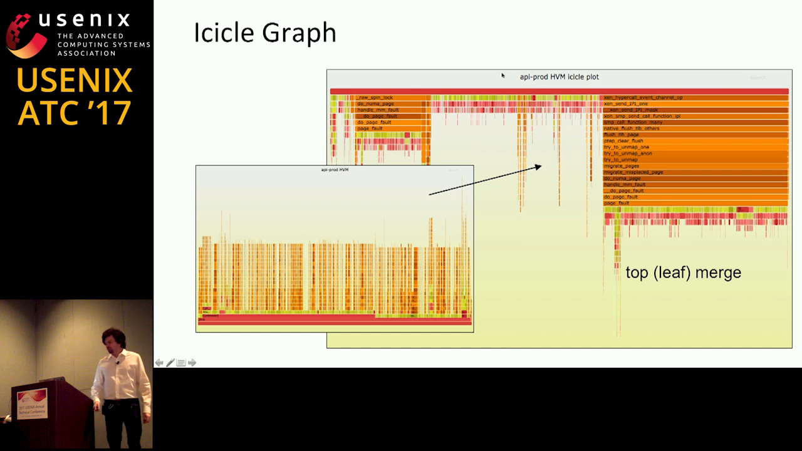Icicle graphs. Flame graphs merge bottom up. So if I'm a thread, it's going to merge from start, main, and then the great-grandparent function and its children and so on. Sometimes it can be helpful to merge top-down instead. And so this is a great example where